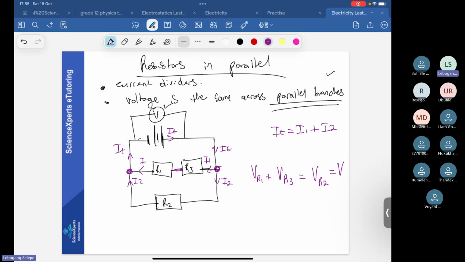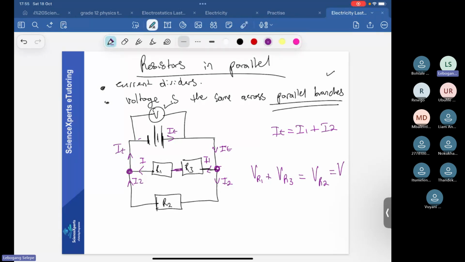Right, I just want you to see these simple things. They can combine different circuits into one. I need you guys to be able to notice that, right? So how would we calculate the